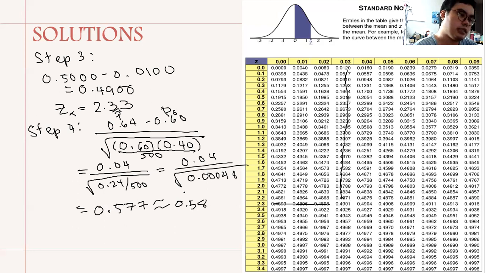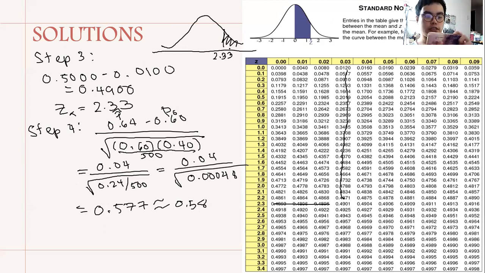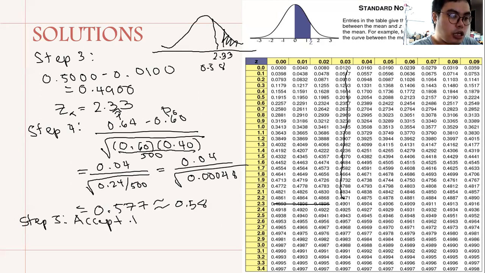Okay, so this is the test statistic. Based on the normal curve, this is 2.33. According to step 4, our z statistic is 0.58. Since this is not located in the black region, we have to accept the null hypothesis. So our step 6 is there is no evidence